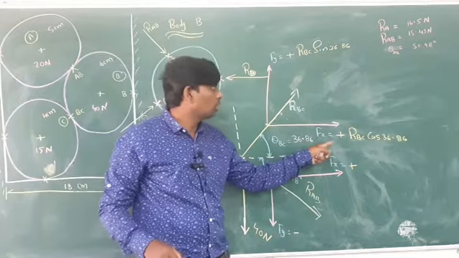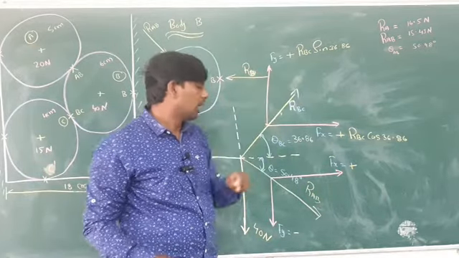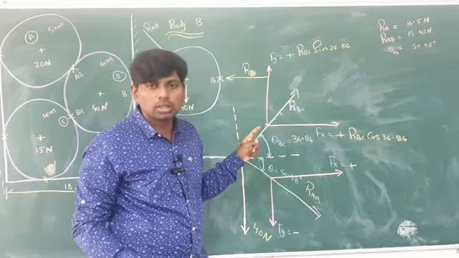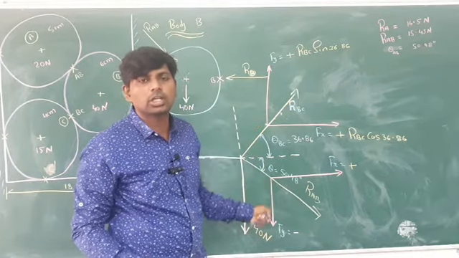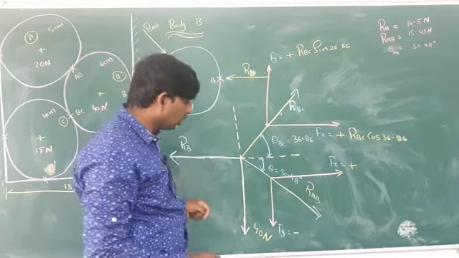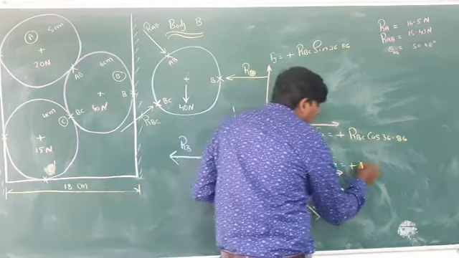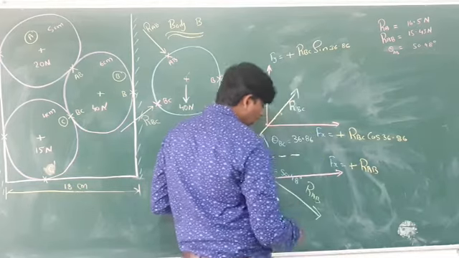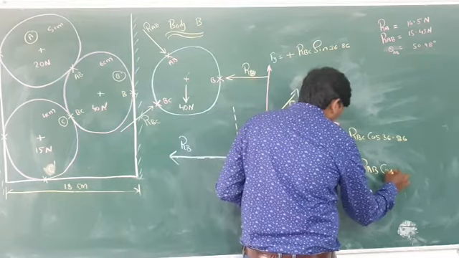Here you have to write the cos and here you have to write the sine, and here also the theta is lying with horizontal. So horizontal you have to consider as the cos and vertical you have to consider as the sine. So horizontal, this one you can write as RAB. What you have to write here? RAB cos,